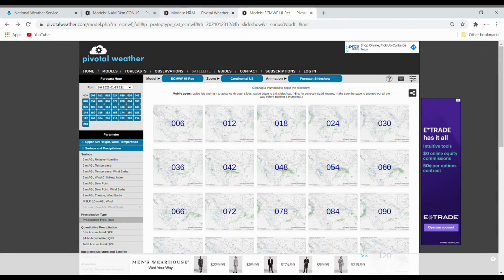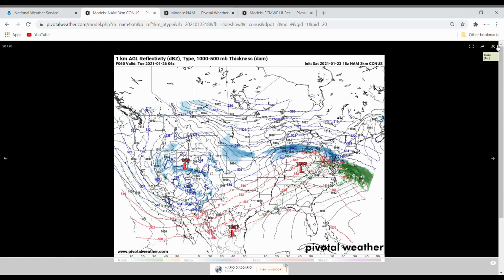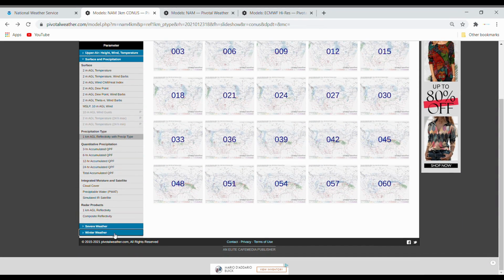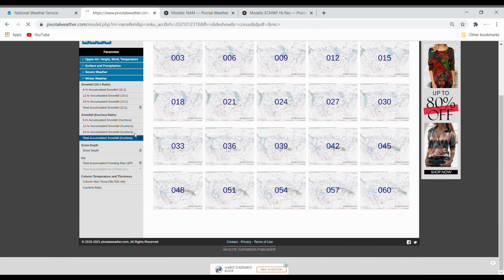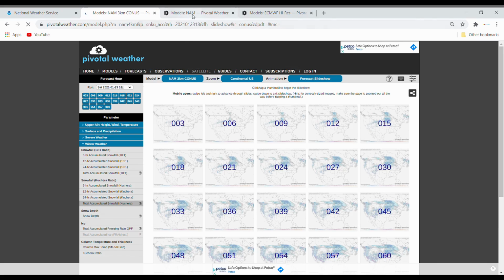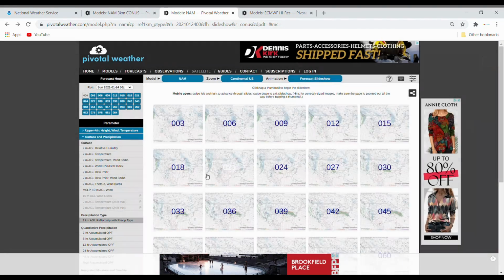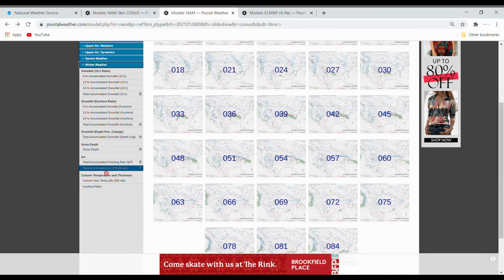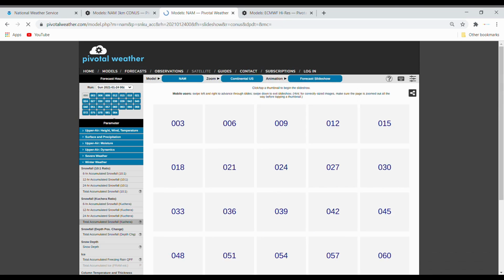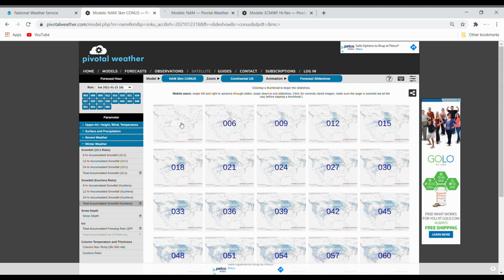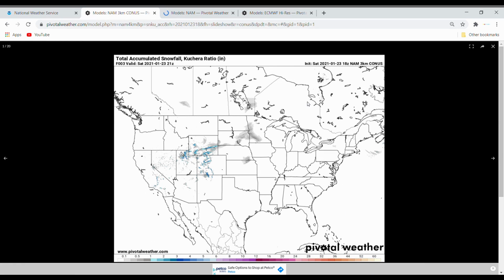Now, let's actually go back to here and go into some snow totals. So let's do that for just the two more accurate models. These are the accurate models, by the way. The NAM is a short-range model that brings more accurate results.